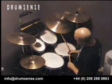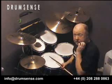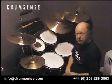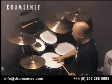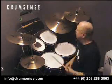Now, what I'm going to do is demonstrate a very simple pattern, a group of 3 followed by a group of 5, and I'm going to use the approach that Jonathan Mover used, which is to begin with a bass drum note. So a 3 will be this, and a 5 will be this. And we're going to play in 4 pulse, so we're going 1 and 2 and 3 and 4 and...